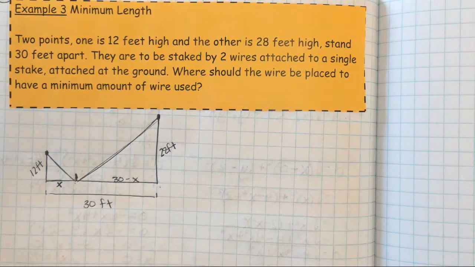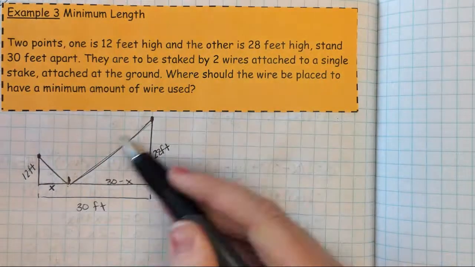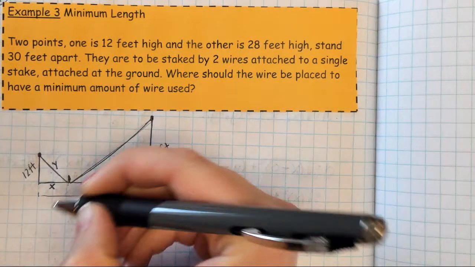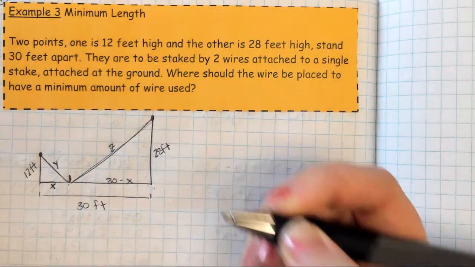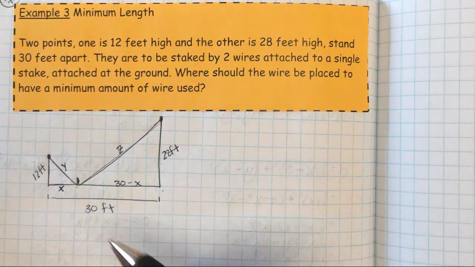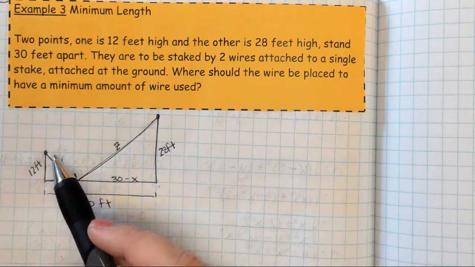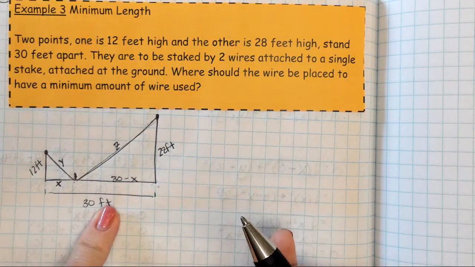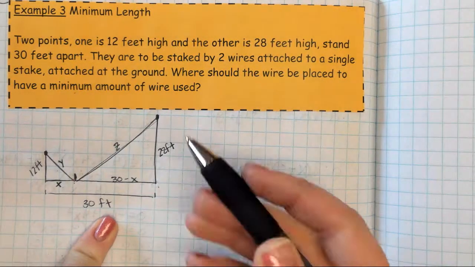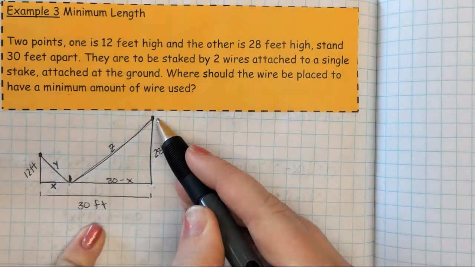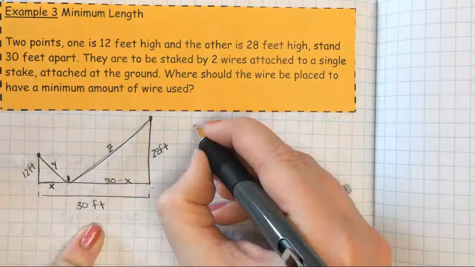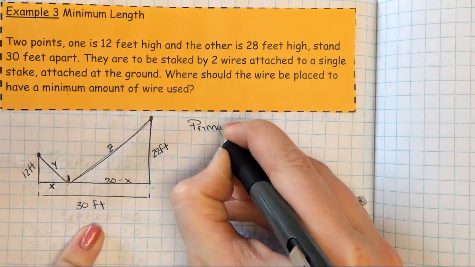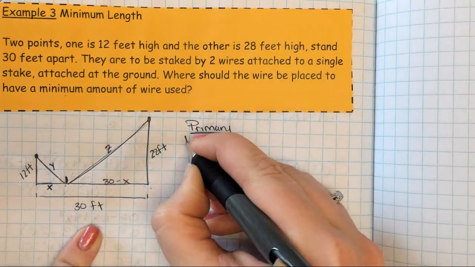Also, we have this wire. They're going to have 2 different lengths, so maybe we can call this Y, and we can call this Z, okay? And as you can kind of see, there's a little bit of Pythagorean theorem here. It says the minimum amount of wire used. We have to remember this Y and this Z represent the total amount of wire. So your primary equation in this case is going to be wire used is going to be whatever